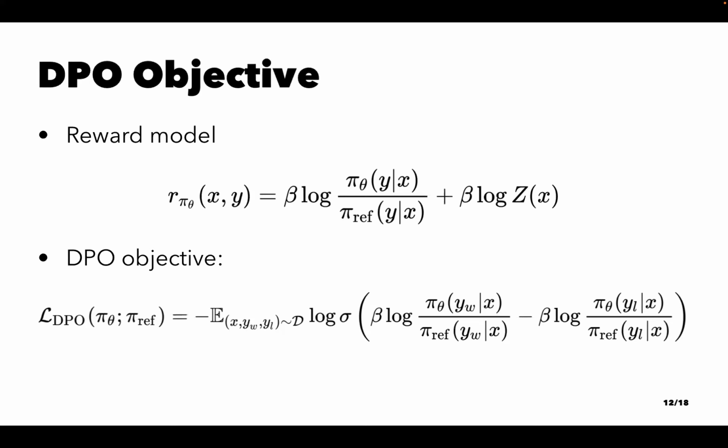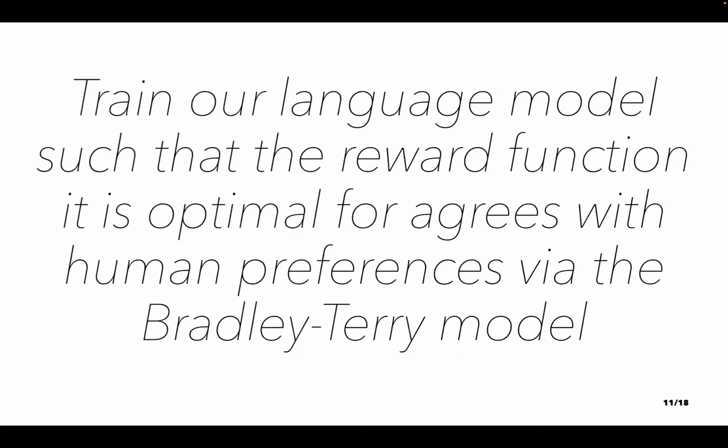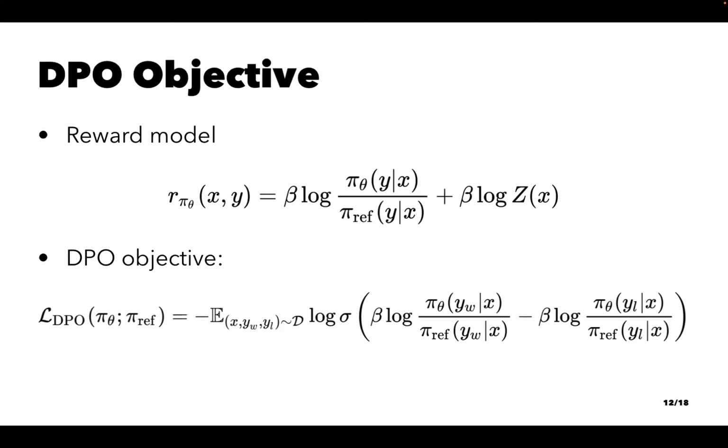And the optimal thing here will be R star. And remember, R star was, if I go back, the optimal policy with respect to the reinforcement learning objective that we had previously. So in theory, at least, if you minimize this, you should get the optimal R star, which satisfies the RL objective.